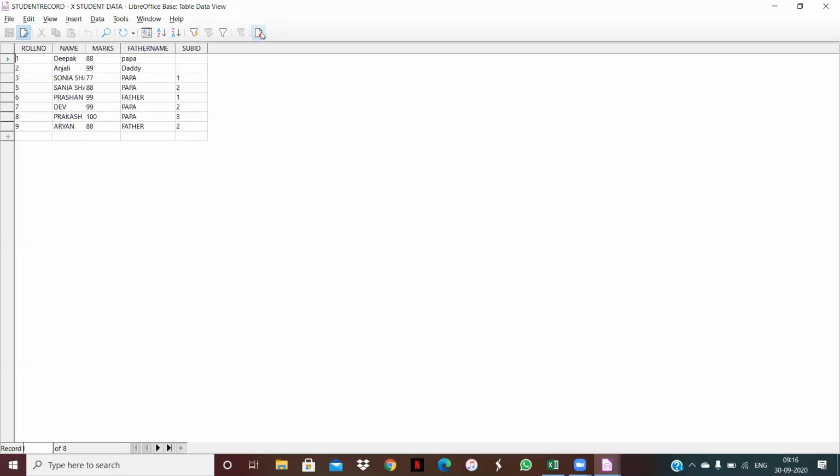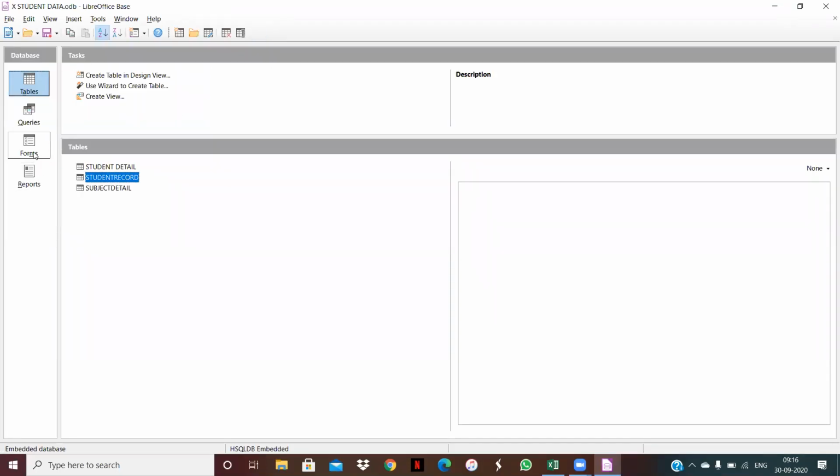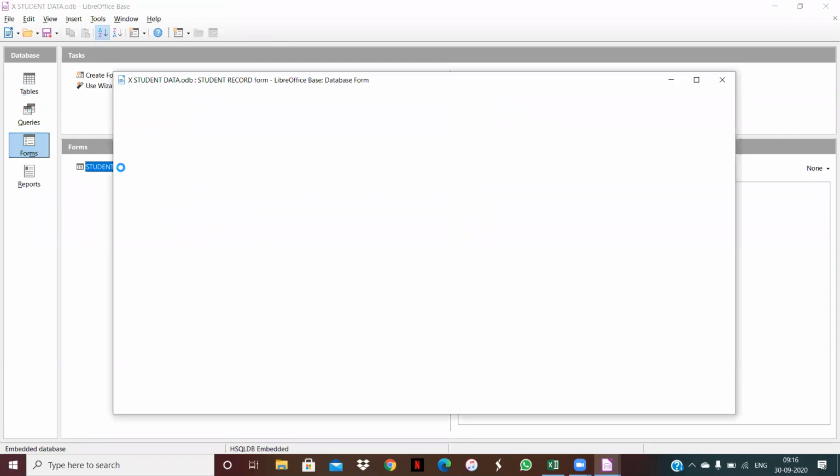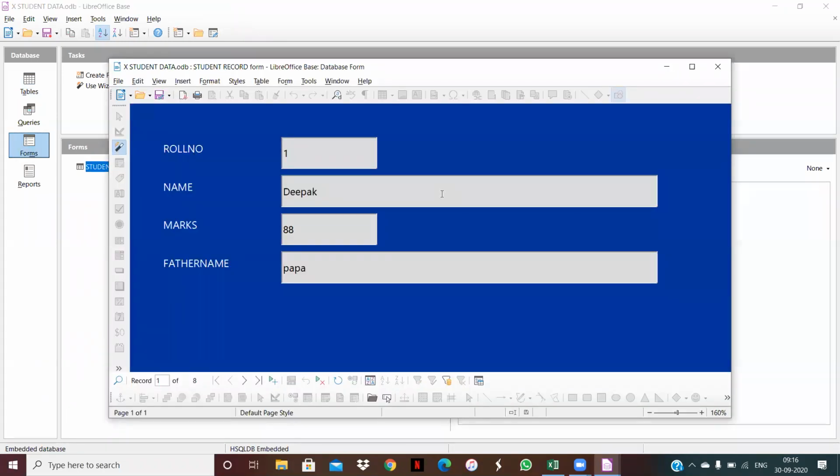Now again I want to add one more data in this. How can I do it? Again it is showing how many records are here. Total number of records are here 8. Suppose that now this is record number 8 and I want to delete this data. Then how can I delete? Here you can see this is a delete record option. You will just click on this option, and after that you are able to delete this data.